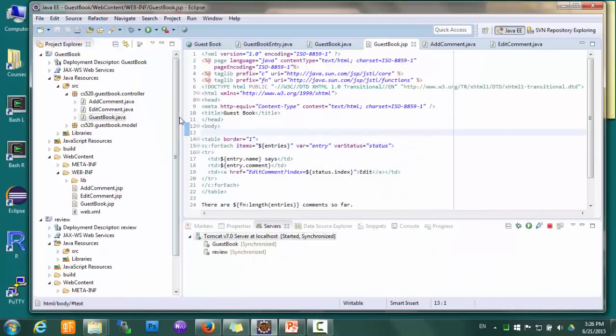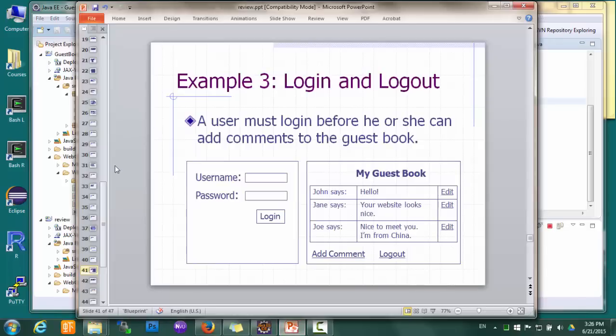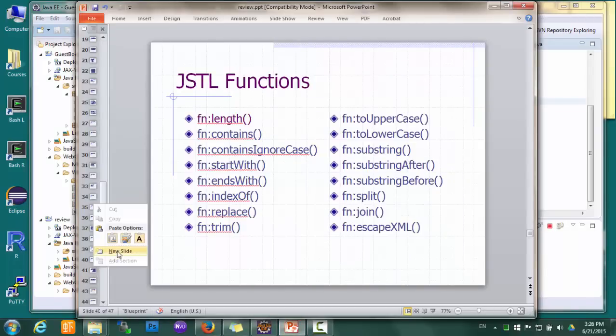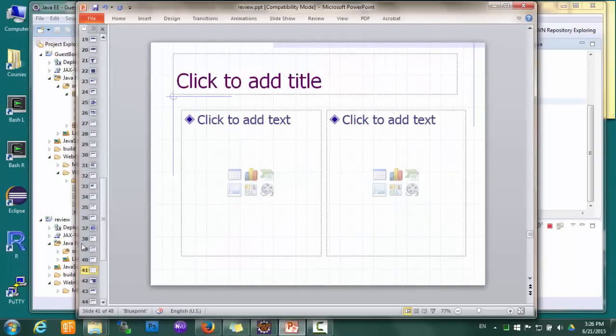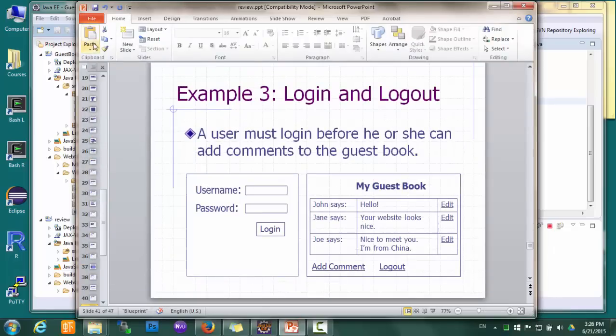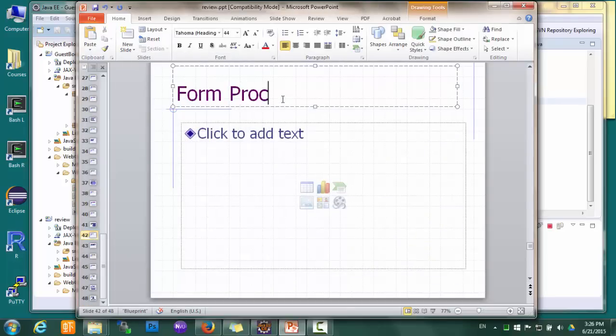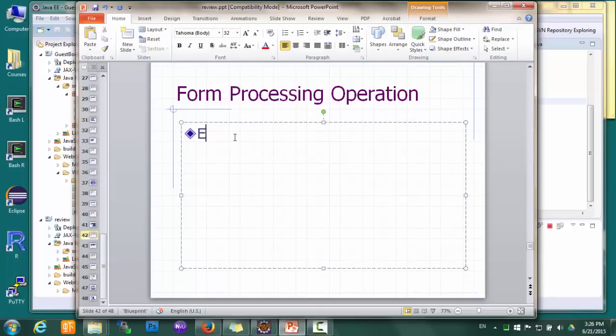Okay, so one more thing about this example. Let me put something here. One more thing about this example I'd like to discuss is the so-called form processing operation. For example, edit comment. Remember that